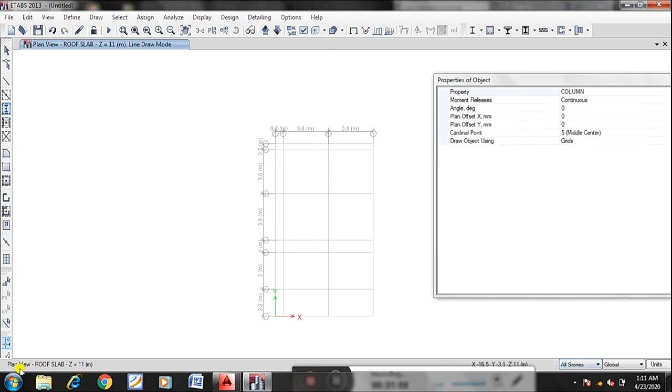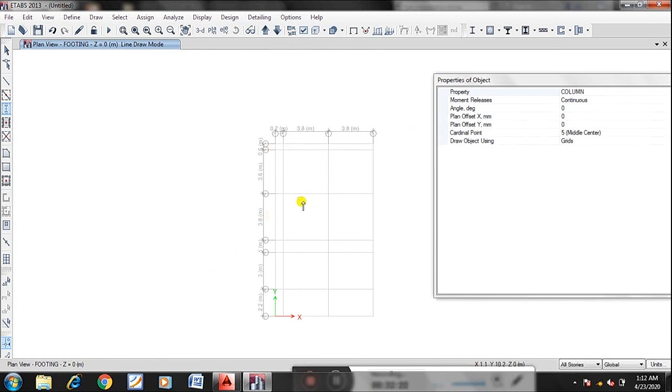Here we are at roof slab. Now I'll come to footing level. Here it is, footing level. Here you can check at the corners. Footing level, roof level: Z is equal to 0, here you can change, Z becomes 2. Next, plinth level, first slab level, second slab level, roof level. Again I come to footing level. Now I'll draw everything at footing level itself.